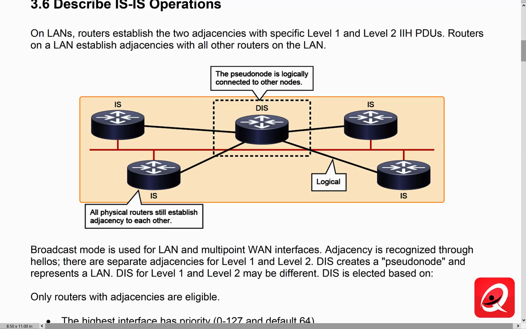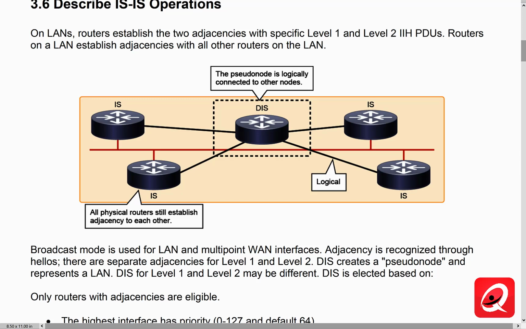Another issue that also exacerbates this particular problem is that the link state database can actually grow exponentially. If we have 5 routers on the LAN, each router is going to have 4 different adjacencies. There'll be actually multiple neighbor adjacencies to consider in total. So to solve this acknowledgement problem and to reduce the size of the link state database, we use a special mechanism, and it's called DIS. I call it DIS. Some people call it DIS. Some people call it what it actually stands for, which is designated IS, or designated intermediate system, like a DR